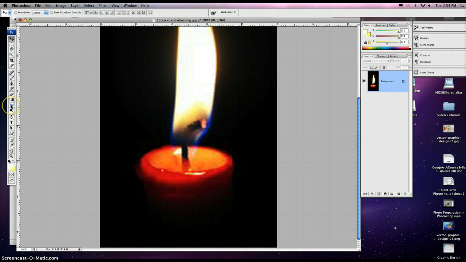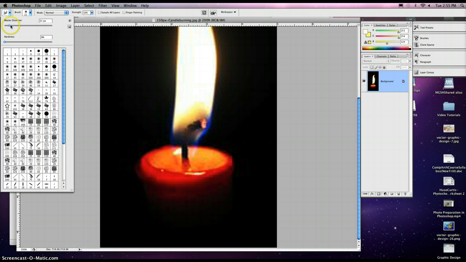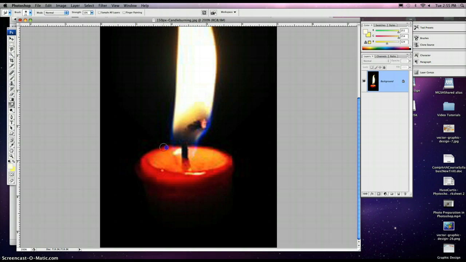So here's where we grab our Smudge tool. Our Smudge tool is also located underneath the blur and the sharpen tool in the same area as the gradient. If you can't find it, it's over here somewhere. You can also press R on the keyboard to get to the Smudge tool. Notice the Smudge tool has some settings. We have some brush settings, some mode, strength, and other settings. So I have my brush set up at 21 pixels, hardness at 0, normal mode at 10% strength, and that'll give us a very loose,